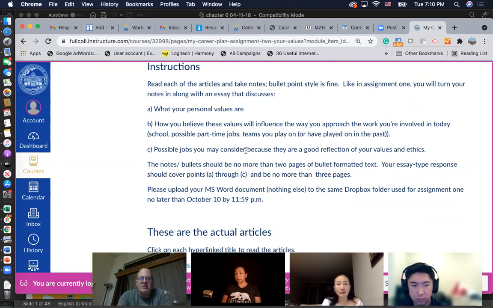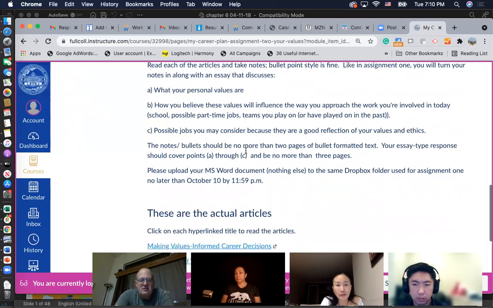So these notes and bullets should be no more than 2 pages. Your essay type response should cover points A through C I just covered, and that part should be no more than 3 pages.